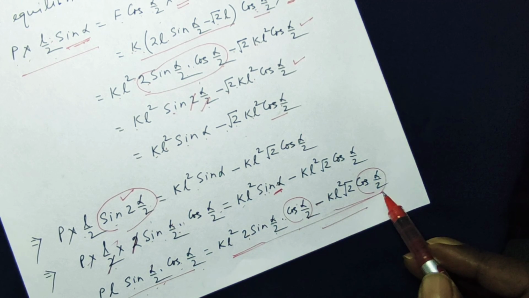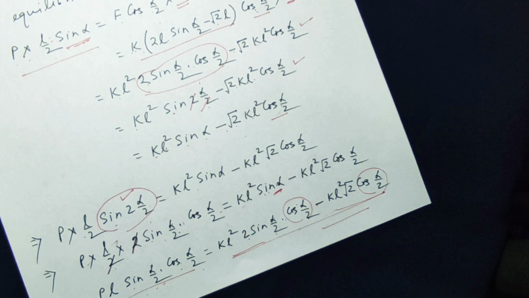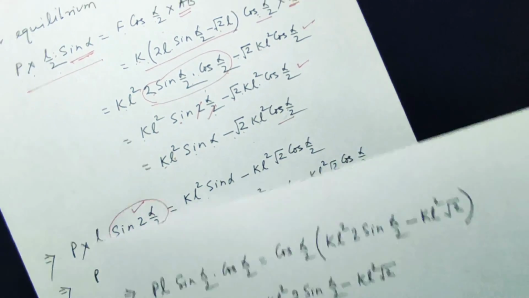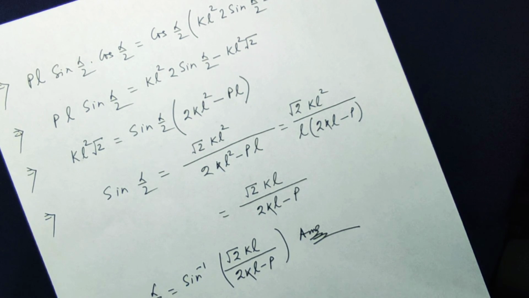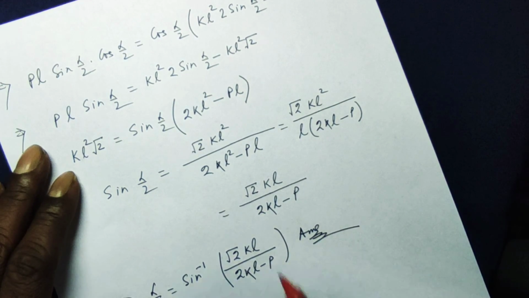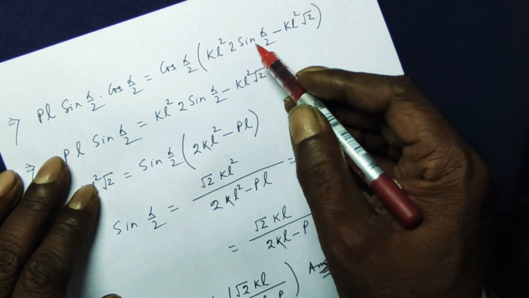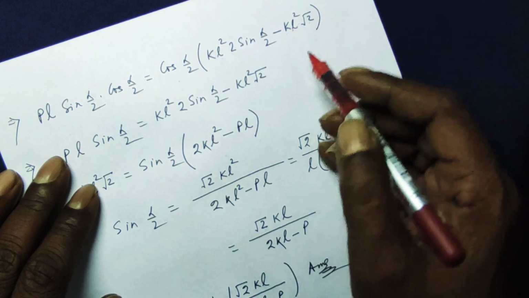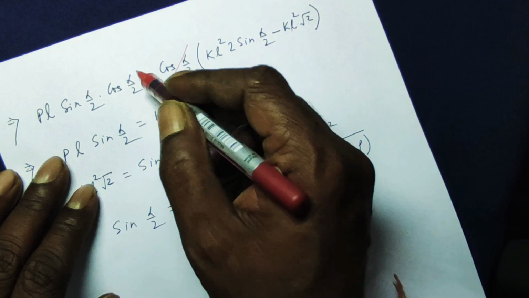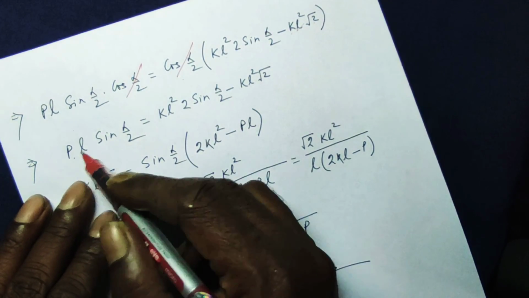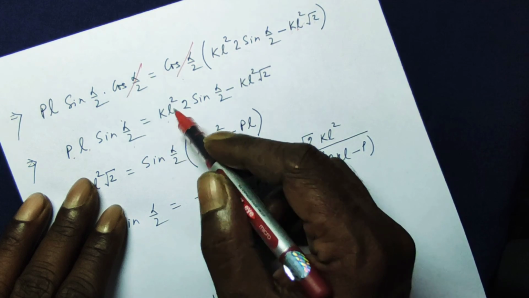These are two different terms, so I can take cos alpha by 2 common. By taking cos alpha by 2 common, I am left on the right hand side with KL square 2 sin alpha by 2 minus KL square root 2. Now this cos alpha by 2 is gone because it is multiplied on either side. So PL sin alpha by 2 is KL square